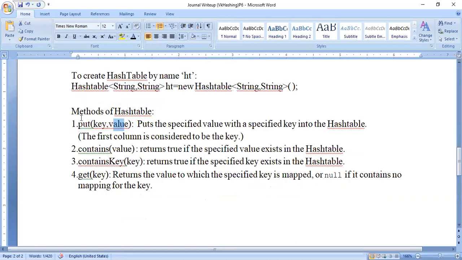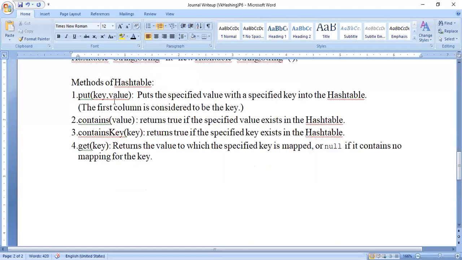So we say ht.put, meaning ht is the hashtable in which we are putting the value. Suppose I pass the key as 1 and the value as gcc. Then in my hashtable, I am going to put 1 comma gcc. Clear?